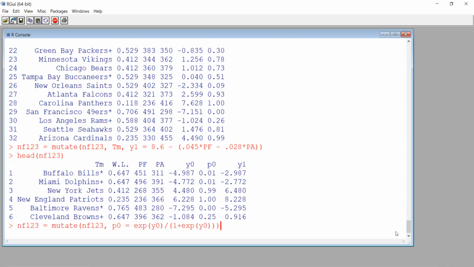So P0, and we could try to round it this time. Maybe I can get it right. This is my mutate command, so where should the rounding go? It should go on P0. I wonder. It almost doesn't matter, but I don't want to overwrite this. So let me just try this. If it doesn't work, that's fine. I will just do something else. Okay, so that's that to there. Comma 2.